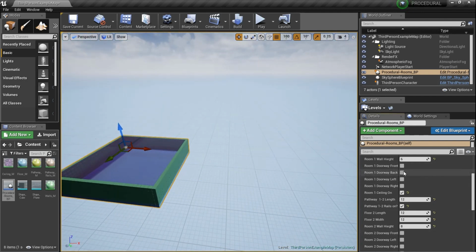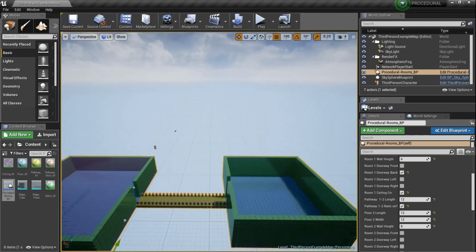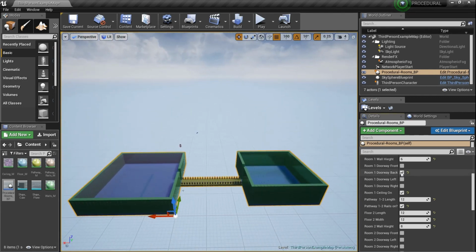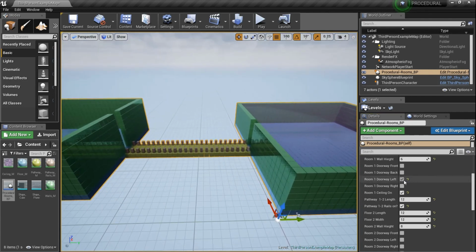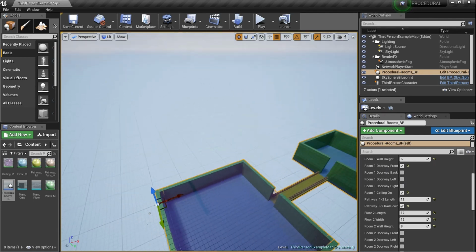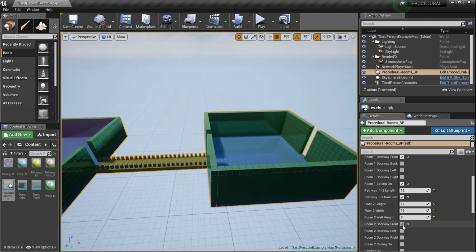If I click right here and I click right here, boom, it just built this room back here. Okay, it made sure that the room was always connected to wherever the pathway is. Okay, it's not stupid. It's about half stupid. But besides that, just a couple more things I did for fun, guys, is obviously I have a second